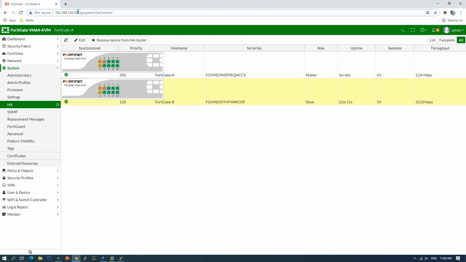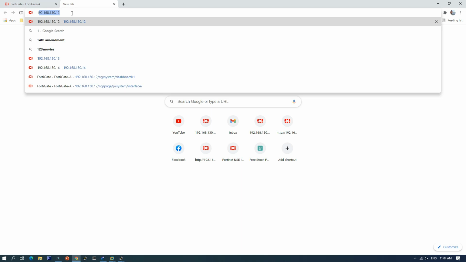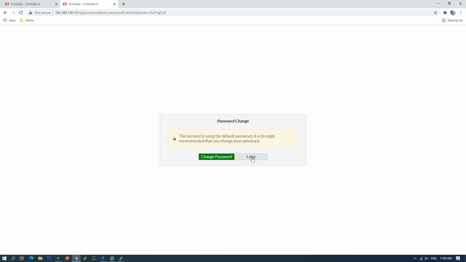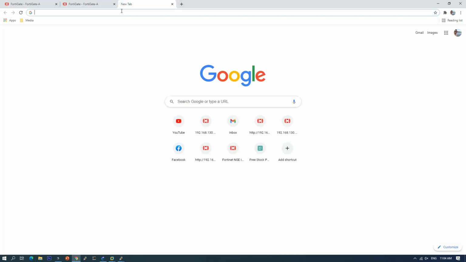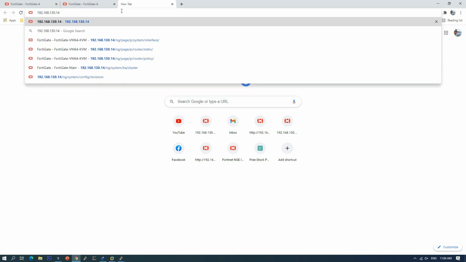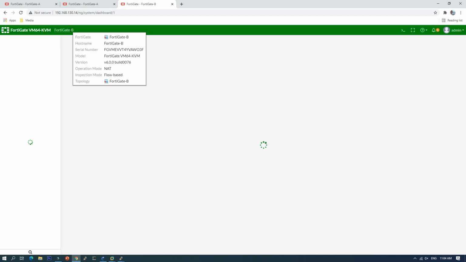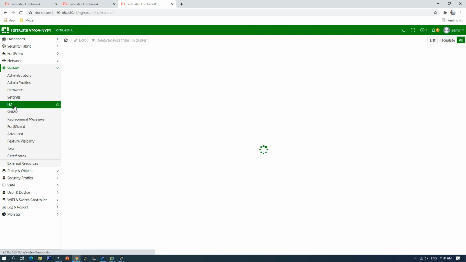So this IP can be A or B, but if you want specifically A, you go to 13. Okay, 13 will log in directly to the FortiGate A. Yes, as you see, A. And 14 is the FortiGate B. And you will see, yes, the FortiGate B. You can see the HA as well.